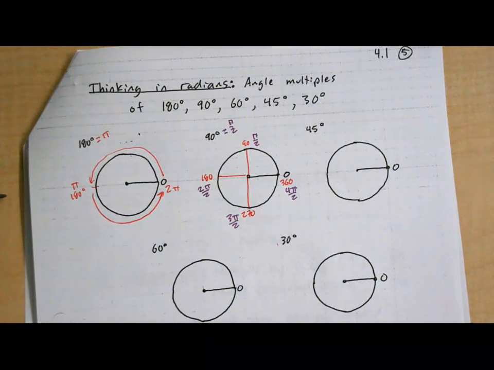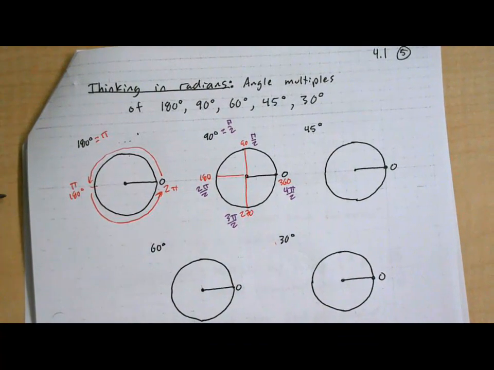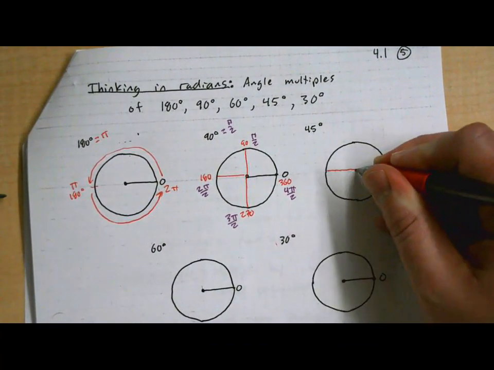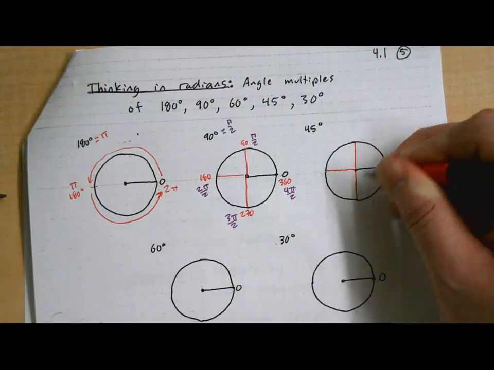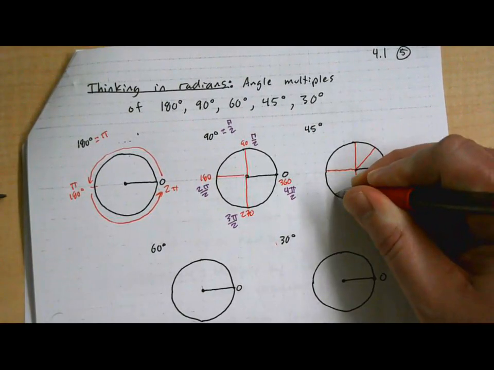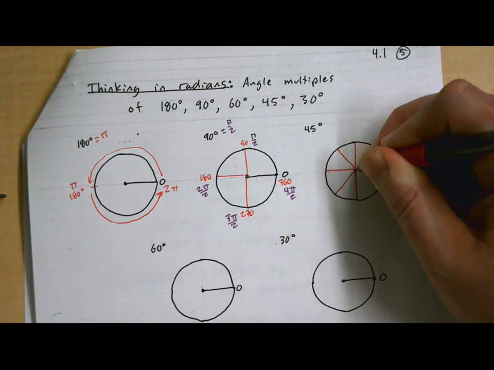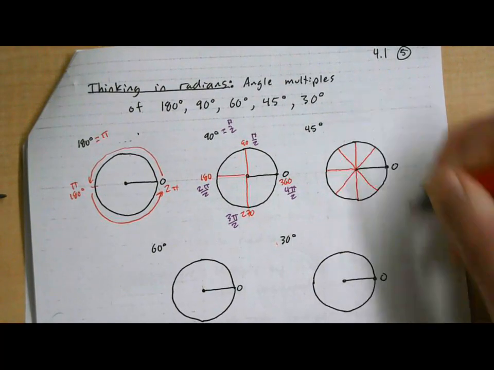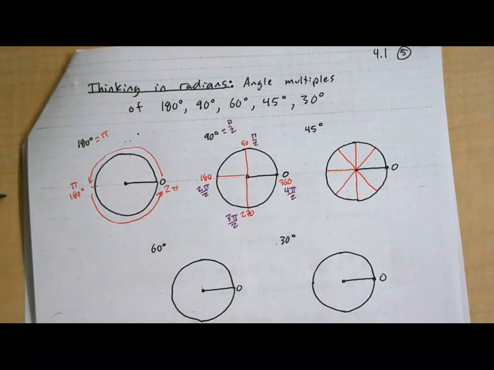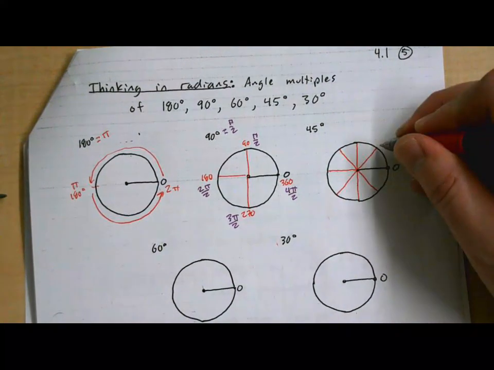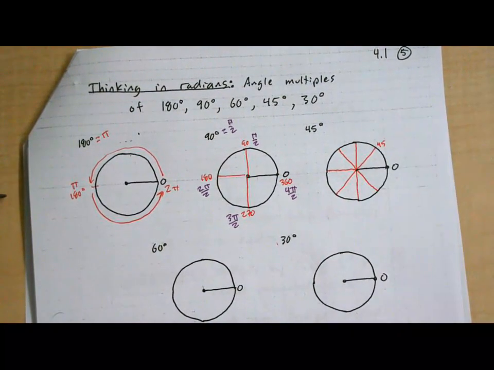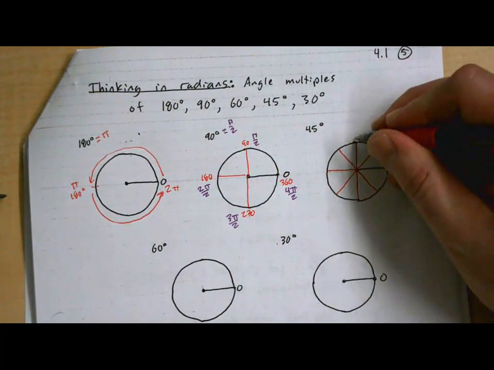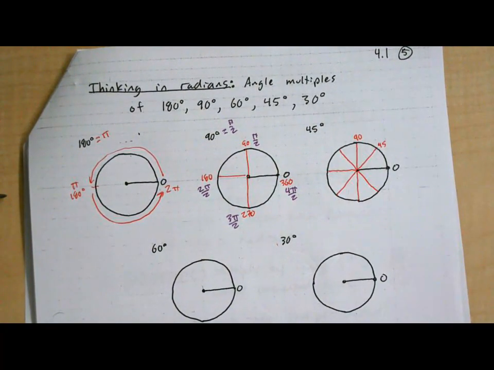All right, so we're going to 45s now. So let's chop this up into 45s. So I'm going to chop it into 90s, and then I'm going to chop those 90s in half. And let's go around and write our degrees around the circle. So 45 plus another 45 is 90, plus another 45 is